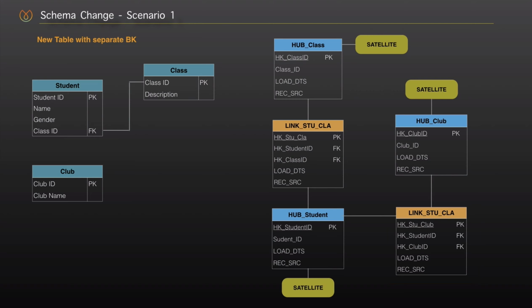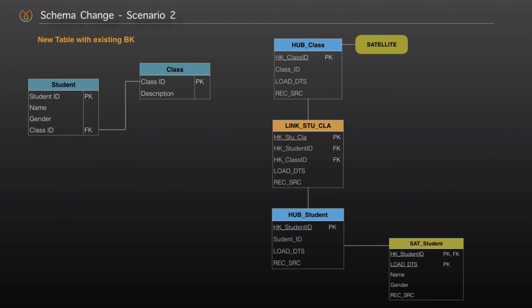So now we integrated the changes to the model, and there is not any change in the existing structure of the Data Vault model. Okay, then look at the second scenario. We would like to integrate student address information into our model. So the table includes student ID and the address columns, and suppose that the business key for the address table